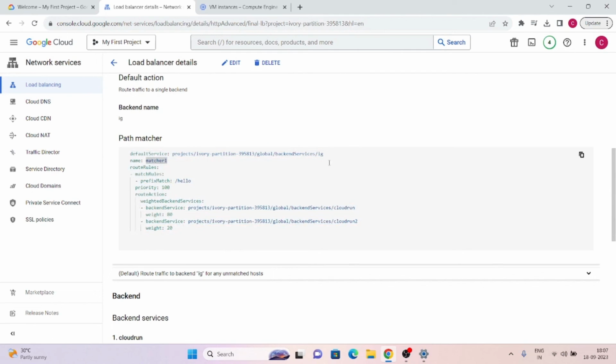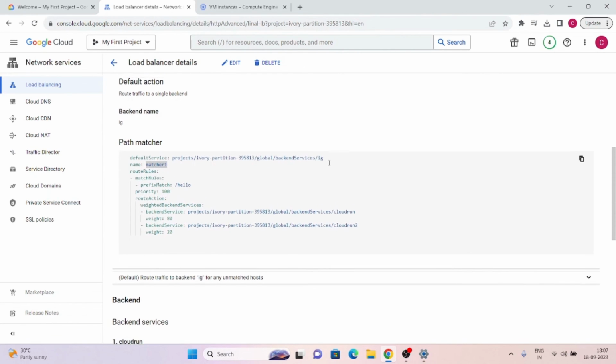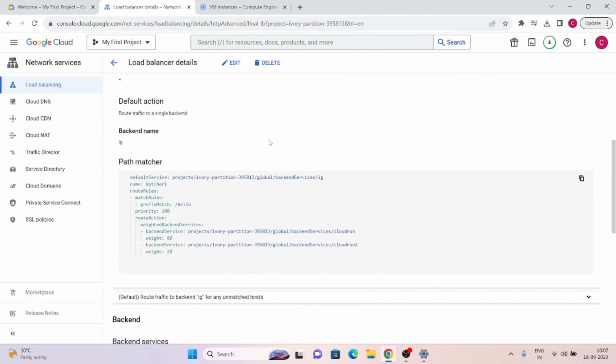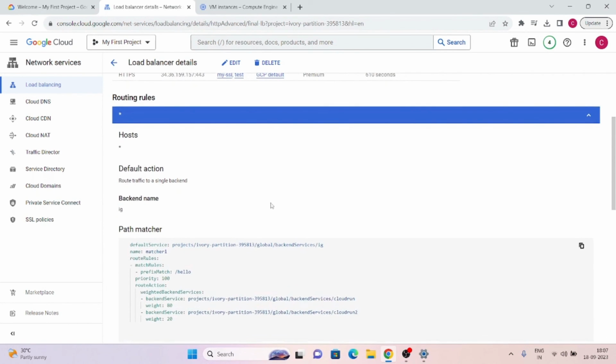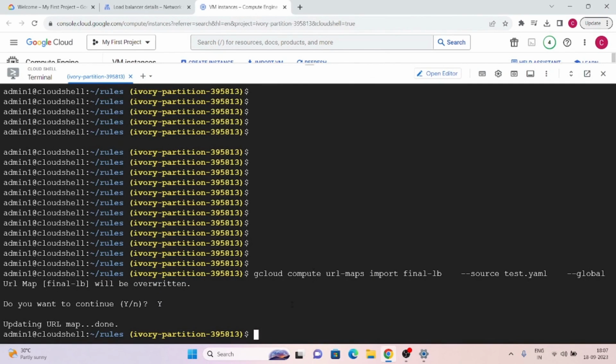So you have to make sure that if you're doing any changes, you are doing them correctly. It is better to export it first and do the changes in the exported file. You can export all the configuration from your load balancer, and once you have exported it, edit that file, then validate and then push. Don't directly create a new file and just push the changes. If you do that, it can bring your whole load balancer and application down, because the new changes will be pushed and the old will be removed.